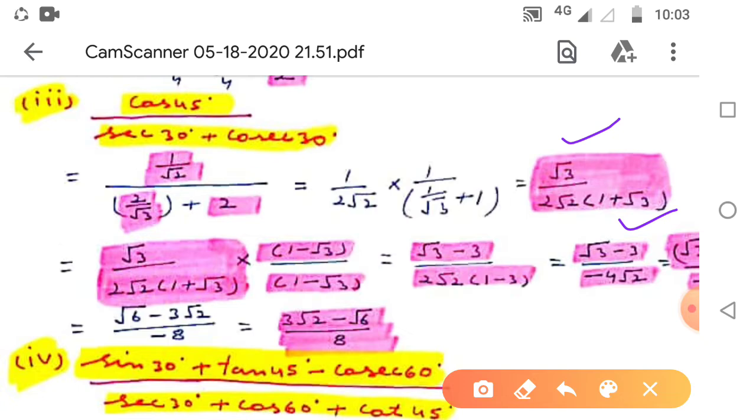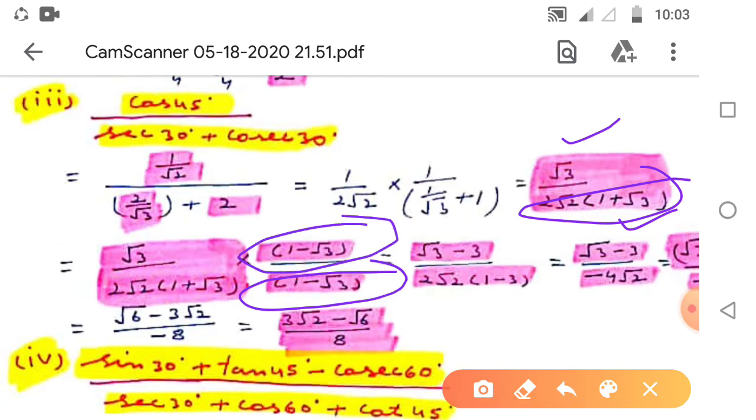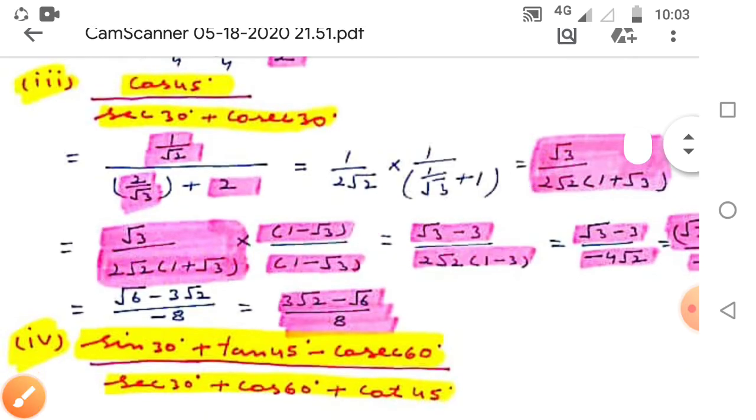So we need to rationalize this denominator by multiplying the numerator and denominator by 1 minus √3. Okay, so 1 minus √3, we need to multiply the numerator as well as the denominator, and finally we get (3√2 minus √6) upon 8. Okay, so fourth part,